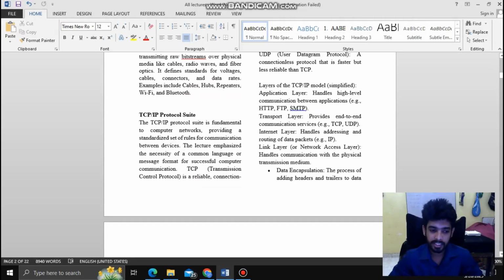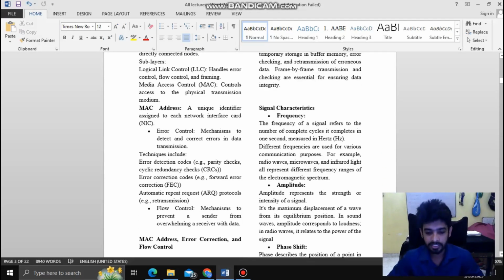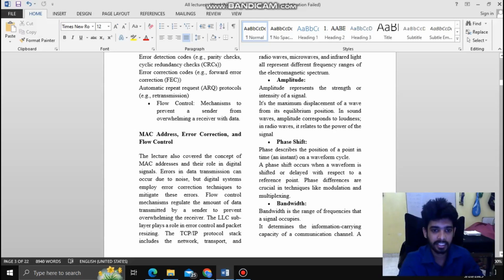So after that, the other parts, I have added in the document, right? Then some other parts that we had to discuss were the MAC address, error correction, flow control, then some of the signal characteristics of the data and signals, then impairments caused in signals, right? So the error correction and error detection. Now, if we talk about that, there can be errors in the PDUs, the data packets that we send, right? To detect that error and to correct that error, there are some methods that they have introduced in order to detect as well as to correct,